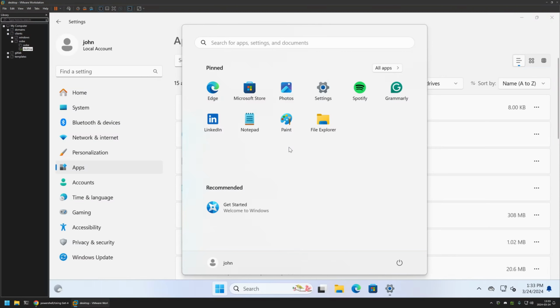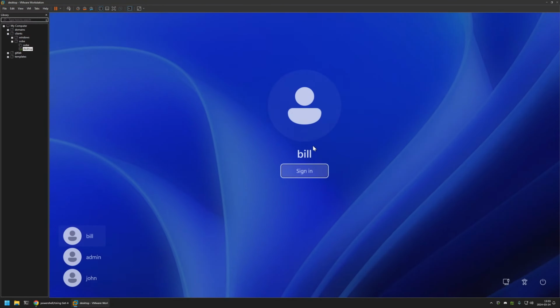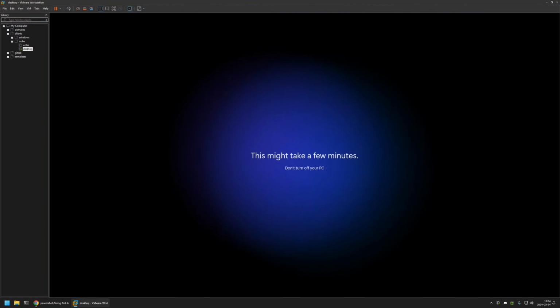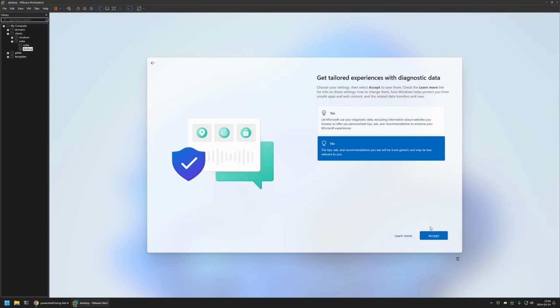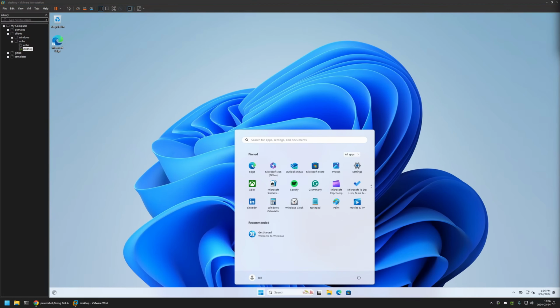And now let's check how it affected the new user that was created after I executed the PowerShell commands and snippets. The user that I created was named Bill, so I will sign into him. I will quickly go through the menus right here. And as you can see, for some reason, the effect is quite different on this user that was created after removing all the provisioning packages. Because here in the start menu, we can see all the applications that were removed with